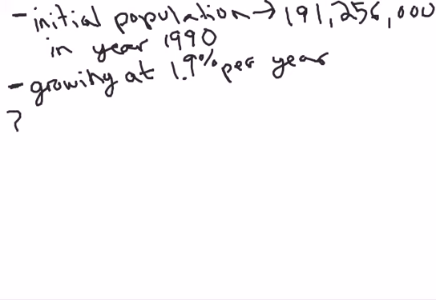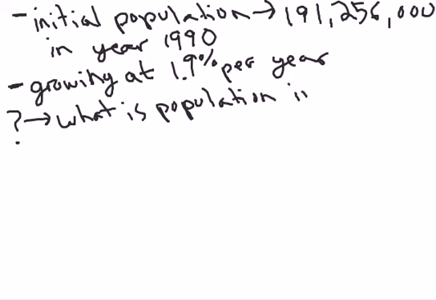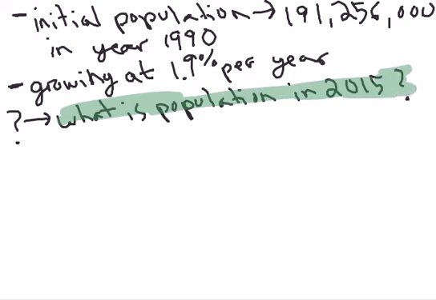So we are talking in terms of years here. And the question is, predict the population to the nearest 100,000 of Indonesia in 2015. So we want to know, what is the population in 2015? Okay, so that's the question that we're going to answer. Okay, so the first thing you want to do is figure out, well, what are the different values that I'm going to plug into the equation that I was given. And since we are looking at growth here, we know that my equation is going to be the one that I just introduced,